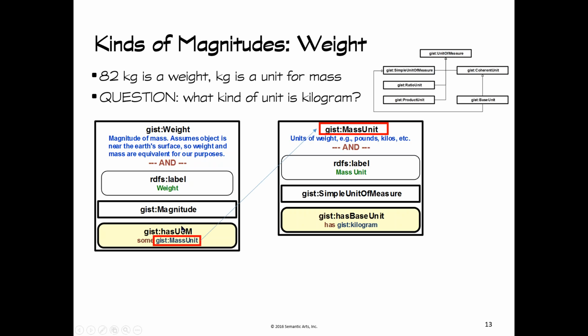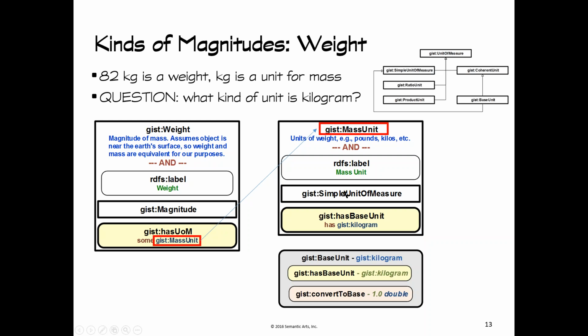Okay, so this is the interesting thing. This is a kind of magnitude. It's like 82 grams or 82 kilograms is the example we saw before. It's characterized by having a mass unit, right? So it has a mass unit. What's a mass unit? A mass unit is a simple unit of measure that has a base unit of kilogram. So anything that is a simple unit of measure and it has a base unit of kilogram, that's a mass